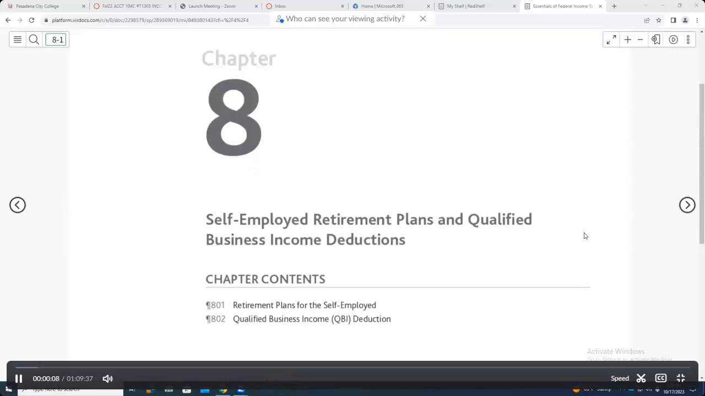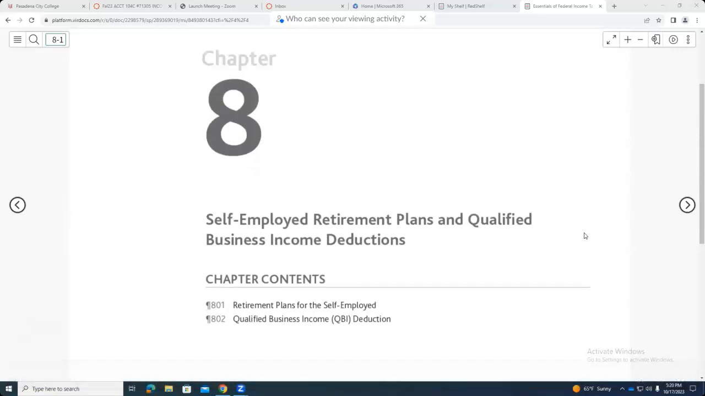Chapter 8 is about self-employed retirement plans and qualified business income deduction. The important part is the business income deduction, which is kind of common because you're going to have Schedule C in your tax returns, and Schedule C will end up having a business income deduction at